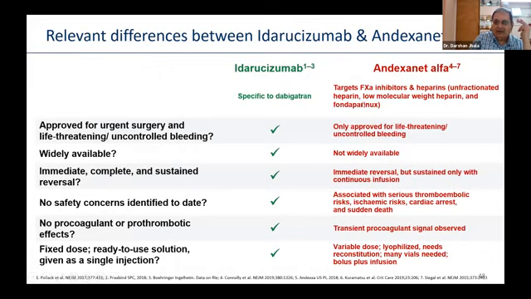While Andexanet alfa not being available is one thing, the effect lasts only as long as you continue the infusion. So if your rivaroxaban or apixaban half-life is, say, 2 days, then you may have to continue giving the Andexanet alfa infusion for 1 or 2 days. And it's not easily available. It's very difficult to give continuously. So between the two, idarucizumab is a better drug.